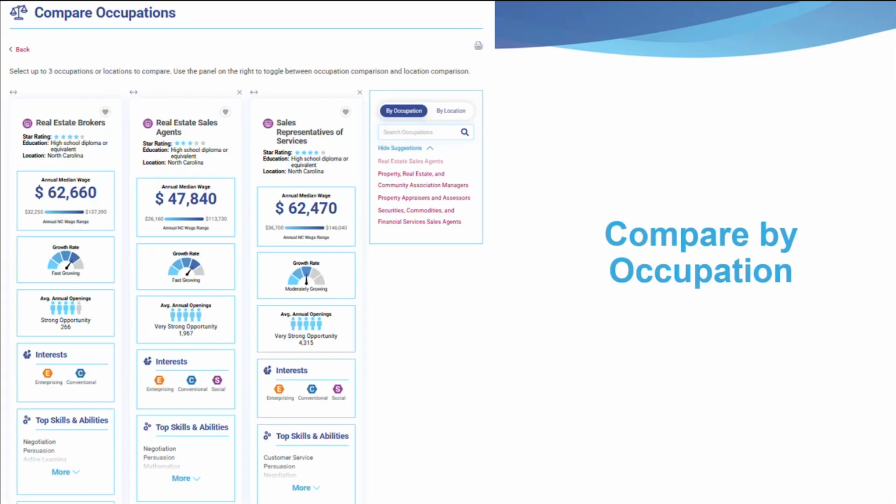Next, she can also compare these occupations side by side. So if she decides she's looked at all the occupations within her interest, she's interested in just pursuing the real estate route, but wants to see a comparison between the similar occupations, we have a compare occupations tool that's available on each occupation profile, and she can compare up to 3 occupations to get a sense of the differences with the wages, required education, job outlook, and more to give her a sense of what the differences could look like.